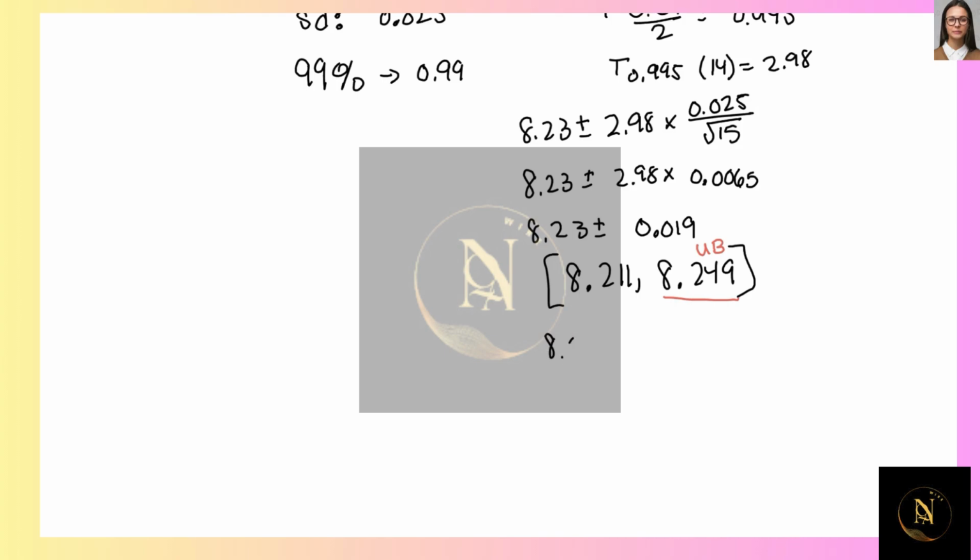8.23 plus or minus. So you would do, for your t-score of 95%, 0.95. So then t 0.975 degrees of freedom of 14, 2.14. And then you have 8.23 plus or minus